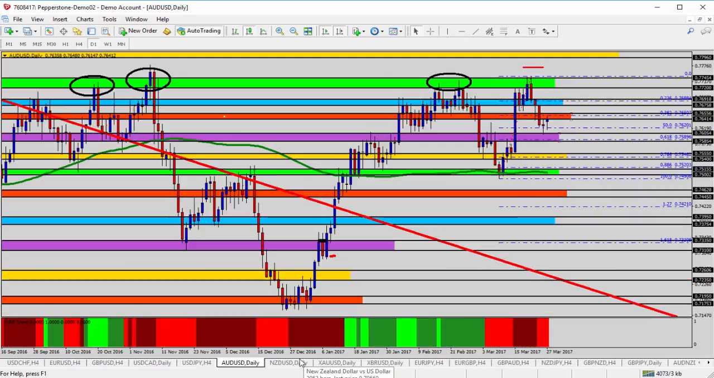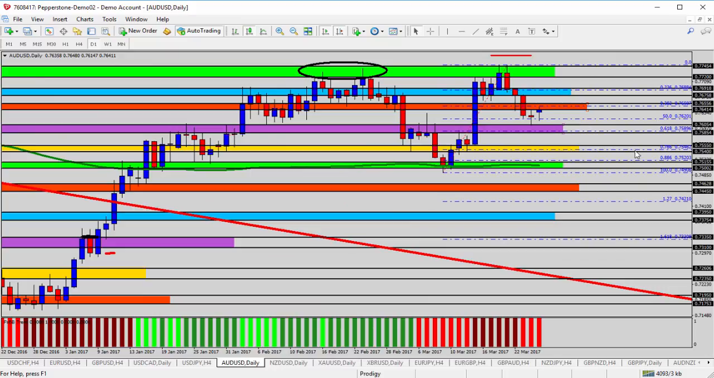Moving on over to the AUDUSD. Last week we had a phenomenal trade on the AUDUSD. We had a phenomenal sell from the green shaded area at the top of the chart. Probably the trade of the week last week. I'm out of those trades right now, waiting for the next opportunity, and I think right now we're into a